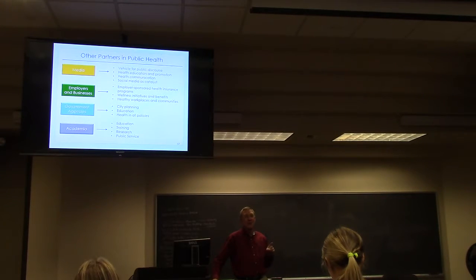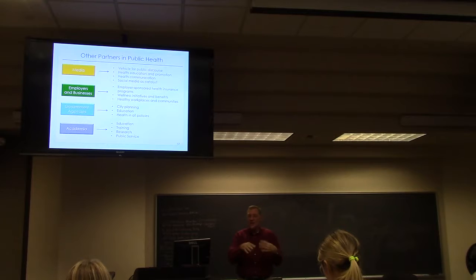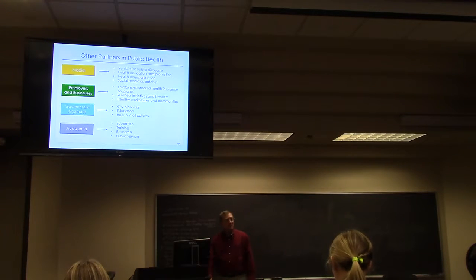I remember when it first came online, it was like in the early 70s. When the sexual revolution happened in the 60s, and then people started asking, how are we going to teach people? And I just remember all kinds of pushback from all kinds of people. Private schools popped up: we're going to teach what we want to teach, we don't want the public school teaching that. And it just kind of is all matrix-like now. There's just all kinds of ways to get education. Some in response to what the government wants to teach, and other parents want their children to learn a certain way. So there's just a lot of that going on. Academia does education and training. They teach research. They do research. They help in public health initiatives.